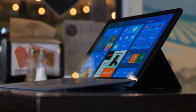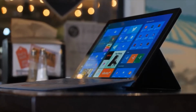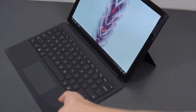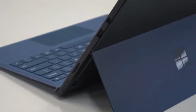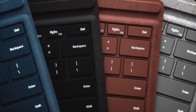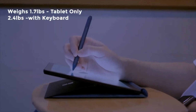Design-wise, like all of Microsoft's 2-in-1 range laptop-tablet hybrids, the Surface Pro 6 comprises a Windows 10 tablet with a kickstand and a 6-pin port, which lets you attach a type-cover keyboard dock. You get 3 primary modes: tablet, laptop, and studio, with the kickstand extended 165 degrees. The Surface Pro 6 weighs just 1.7 pounds as a tablet and is still very light, 2.4 pounds with the